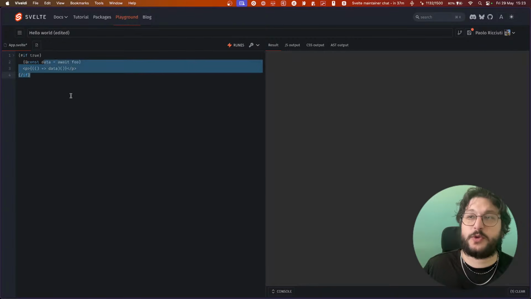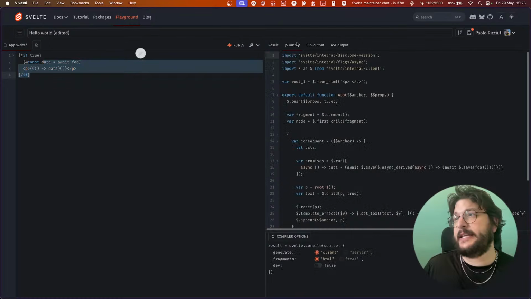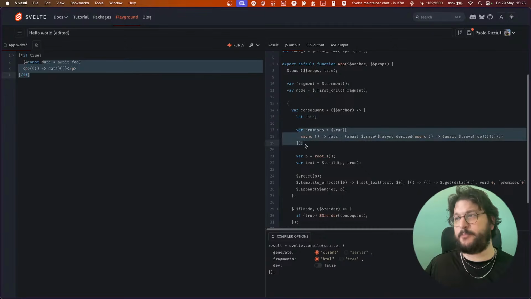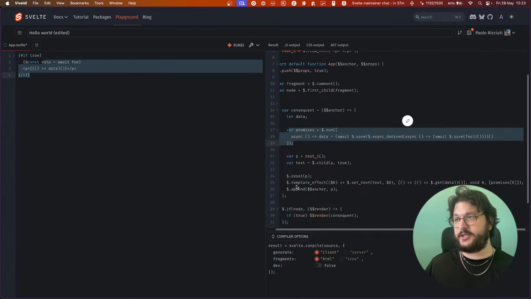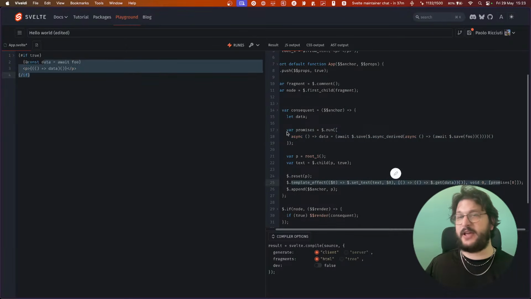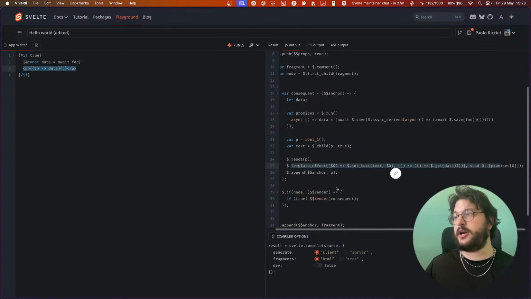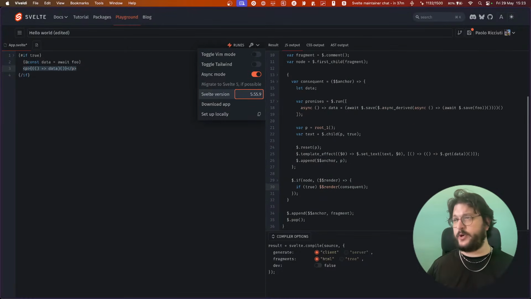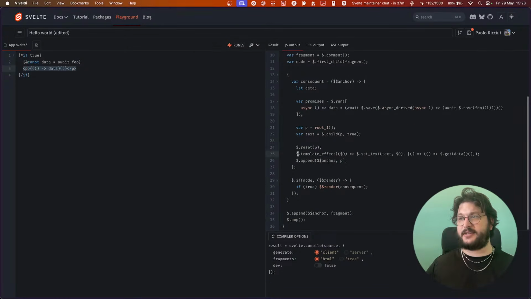So basically, if you try to do something like this, in the JS output, you can see that we create data and then we don't actually await foo. We just create this promise here that then we calculate the things that need that promise. So in this case, we know that this template effect, which is basically this part of the code here, needs to wait for data. And if we switch back to 5.9, you will see that this template effect basically has